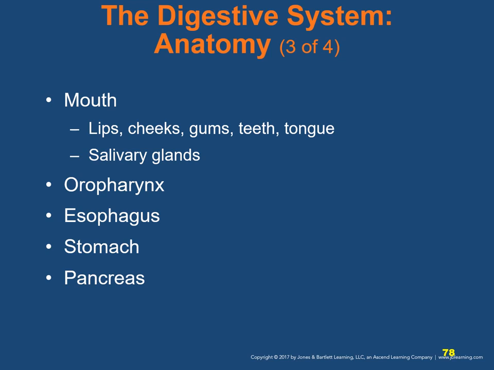The mouth consists of lips, cheeks, gums, teeth, and tongue. It also has salivary glands. There are two sets, one on each side of the mouth and in front of each ear. Saliva serves as a binder for chewed food and as a lubricant. You also have the oropharynx, which is a tubular structure that extends from the back of the mouth to the